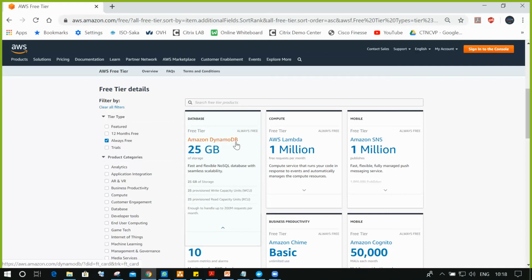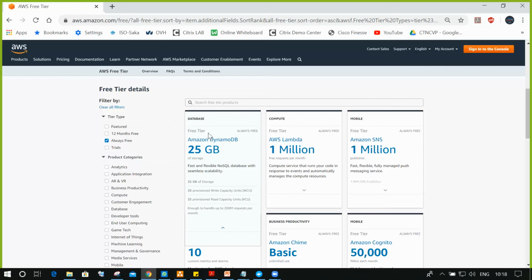Amazon DynamoDB, the Dynamo database. Always free means you cannot put a huge amount of data into the AWS service. The service will be always free, but whenever you upload and download data from Amazon DynamoDB, only 25 GB per account in AWS is the free tier limit.